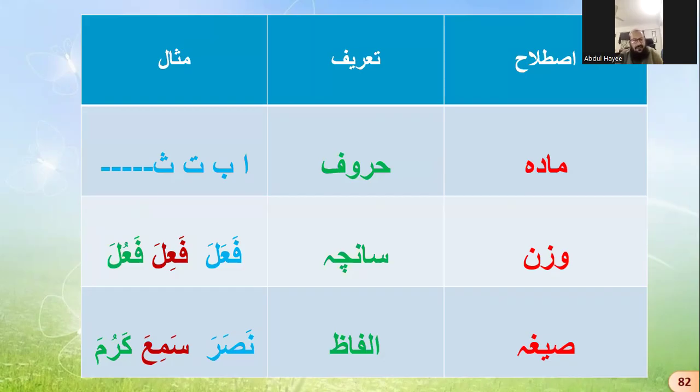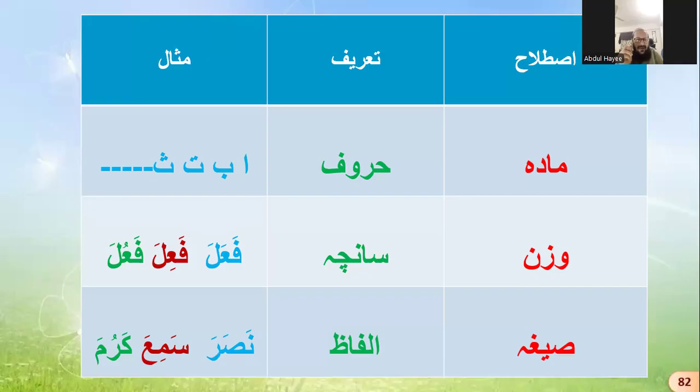Actually it's Sancha. Sancha means something made from which you make some things. It's basically a shape. Suppose you have a round shape, put something in it, it becomes round. Something is star shape, fill it, the shape will become the star. So that is called the pattern. The patterns in Arabic are only 3.